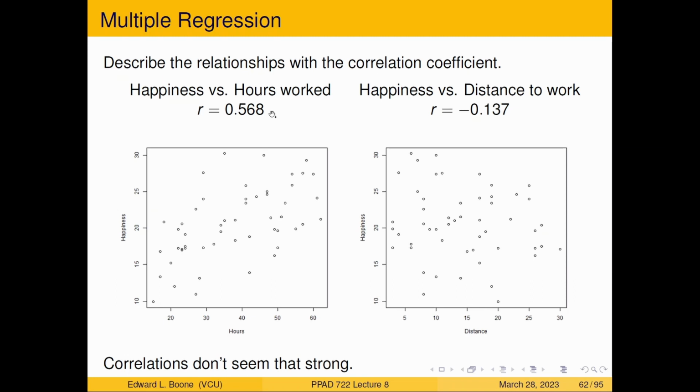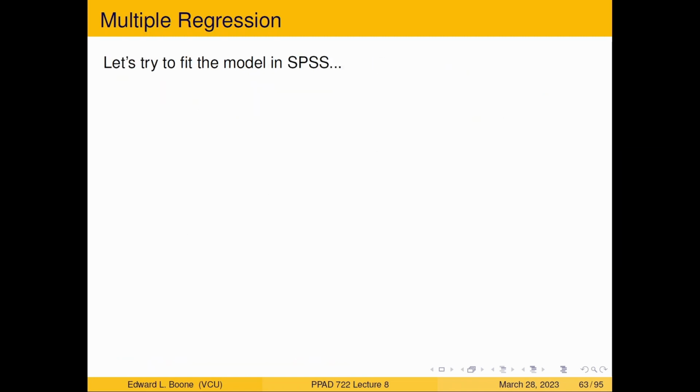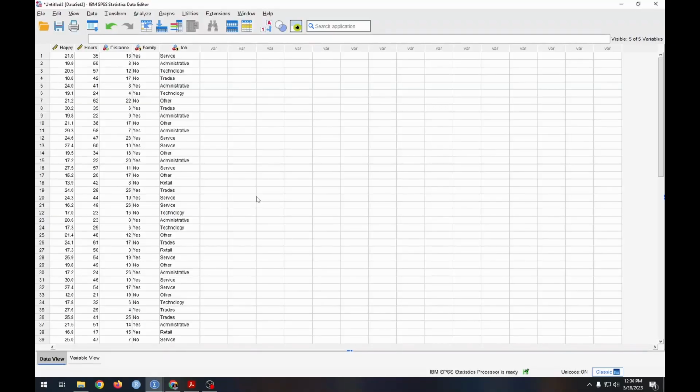So we don't really have strong correlations here. So let's go to SPSS and fit the model. Okay, this is the Job Happiness dataset. It's found in the JobHappiness.csv dataset that is linked below in the description, so you can get a hold of it if you wish